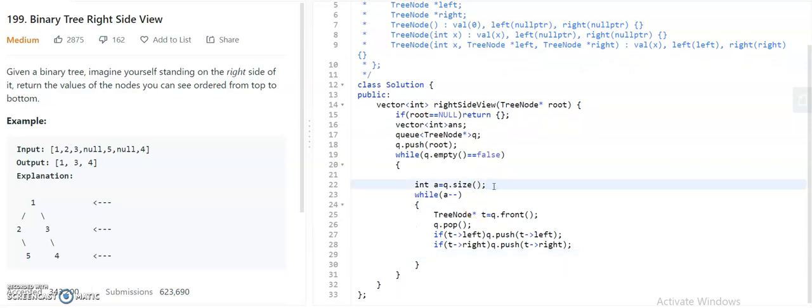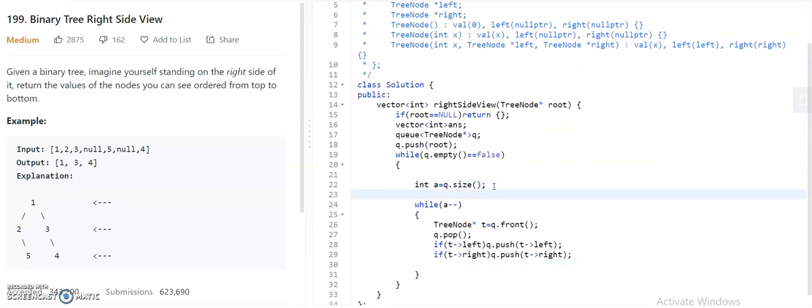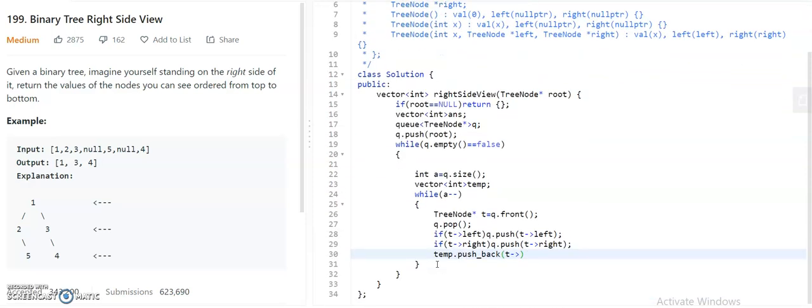As I have to take the rightmost element of every level, I will take a vector temp to store all the elements of the given level, and I have to push every element into it. So temp dot push back of t, let it be value.